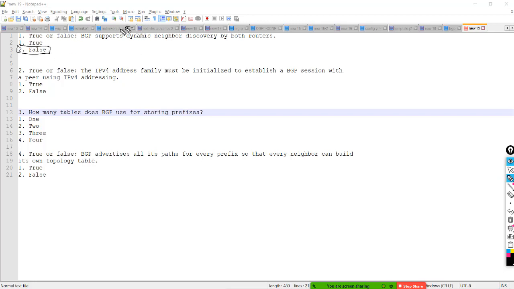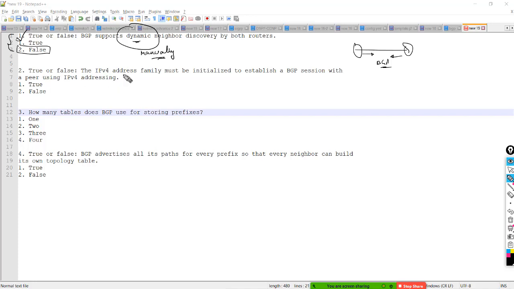The reason is they are manually configured. BGP forms manual relationships, they're not dynamic. How do we configure two routers to be BGP neighbors? We have to define the neighbor statement manually, and then they form BGP neighbors. Otherwise, no neighbor relationship. Okay, good with the first question.